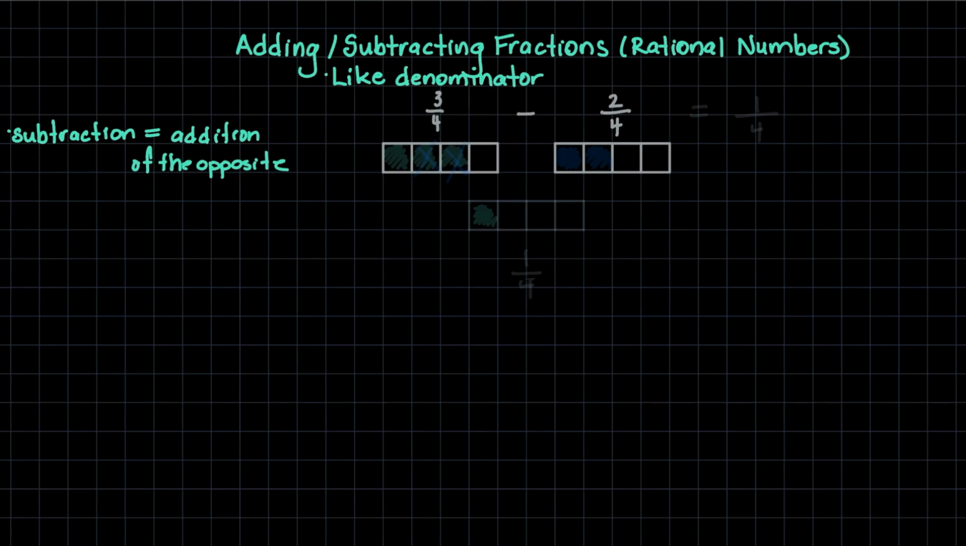So here we're starting and we have 3/4, which means we have something split into 4 equal parts and we have 3 of them. And then we're taking away something split into 4 equal parts and we have 2 of them. So this is visually what 3/4 minus 2/4 looks like. So from my 3/4, take away 2 of those fourths. And that's going to leave me with